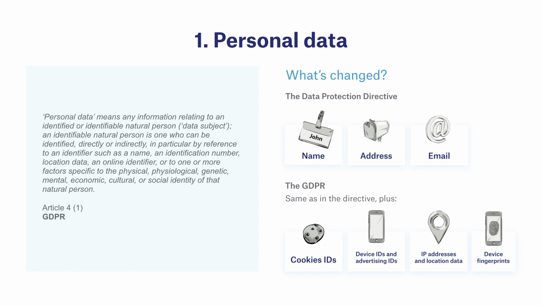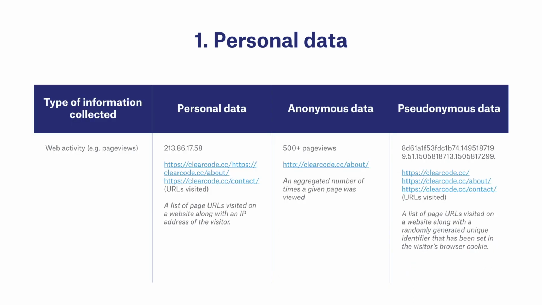The GDPR states that companies collecting personal data should implement measures to ensure the data is protected at all times via encryption and pseudonymization, for instance. However, most companies already do this for personal data such as emails, phone numbers and IP addresses, but they do not have to apply this to all types of data they collect. The GDPR also lists different types of personal data.